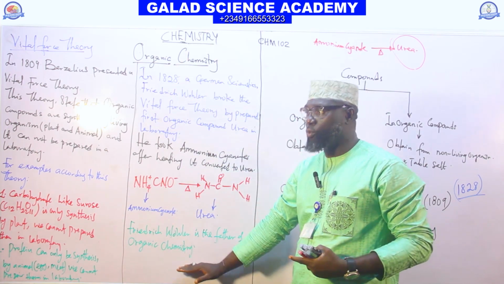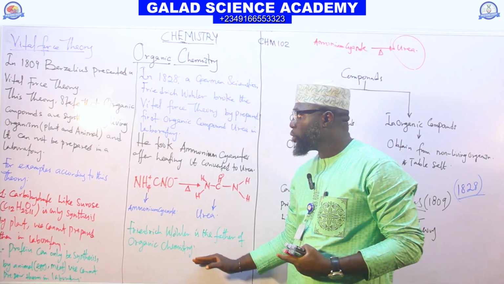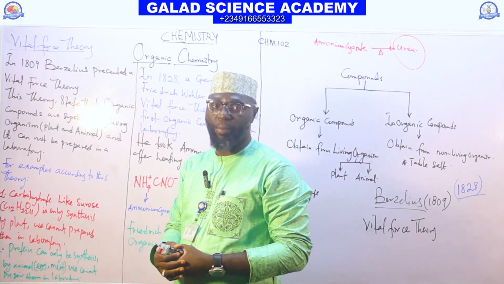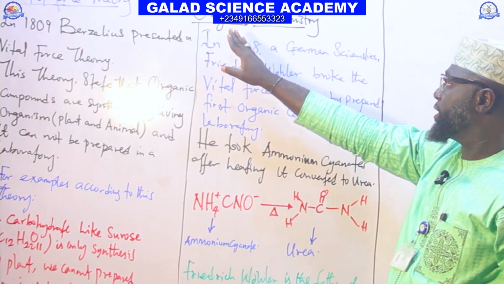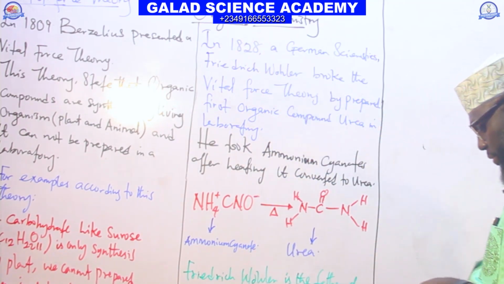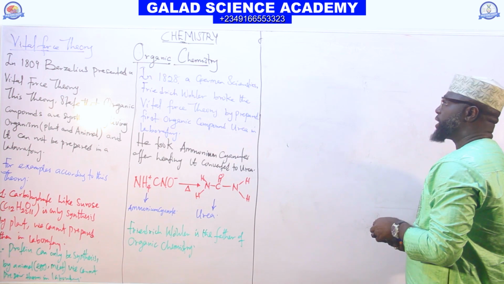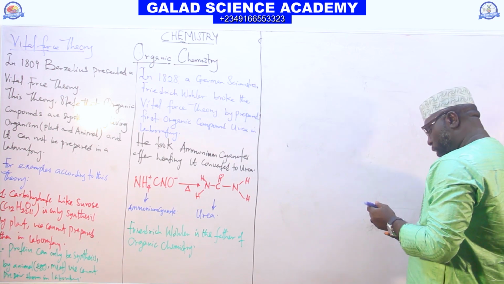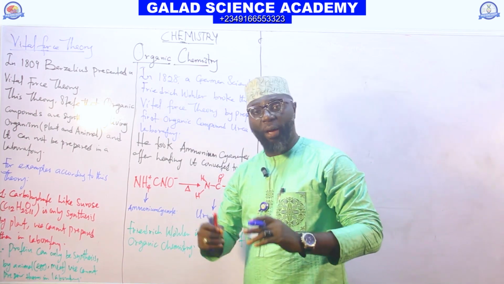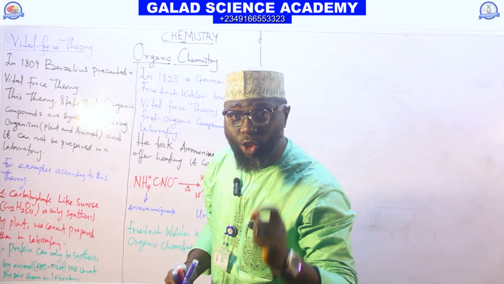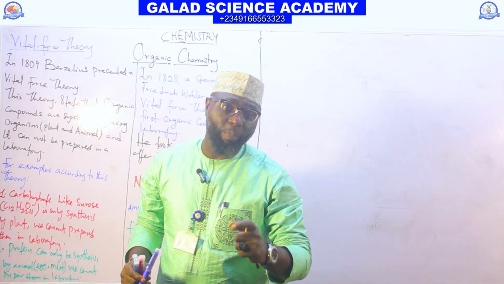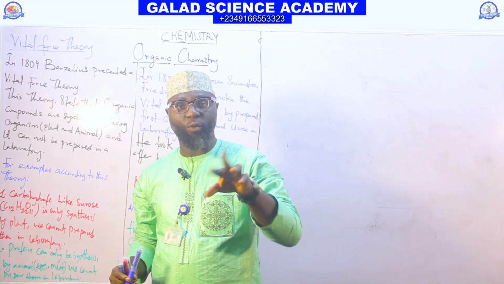That is all about the historical development of organic chemistry. Let us now define organic chemistry. What is organic chemistry? Organic chemistry is the branch of chemistry that deals with the study of carbon and its compounds, with the exception of